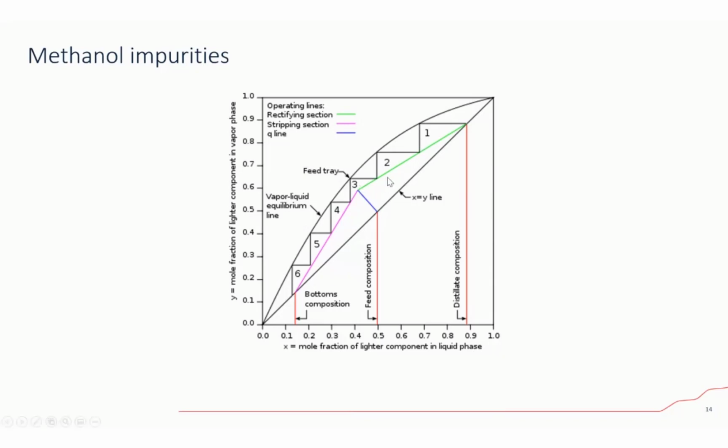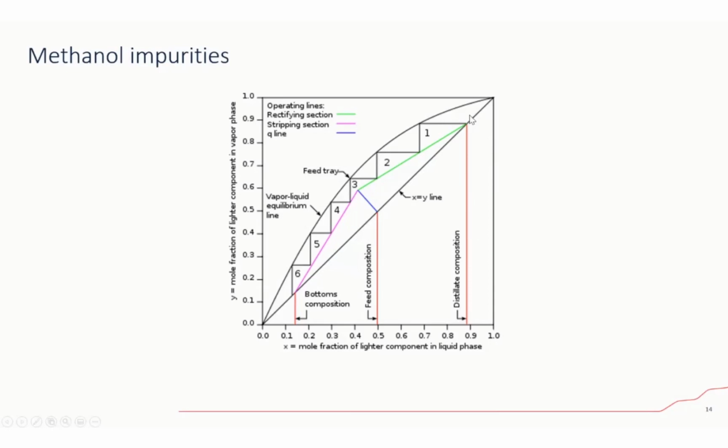When you put more reflux, basically what you're doing is you're changing the slope of this green line here. And in the bottom, when you change the amount of steam, or at least the heat to feed ratio, then you change the slope of this curve. So it means that both of them would have an effect on the purity that you get in the top